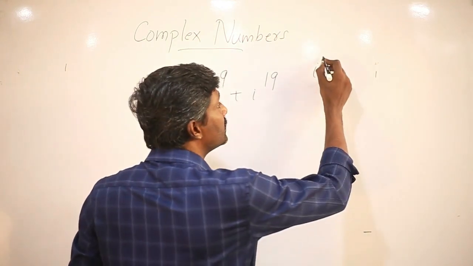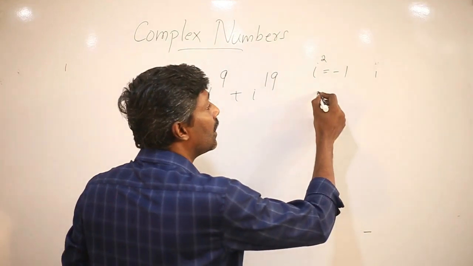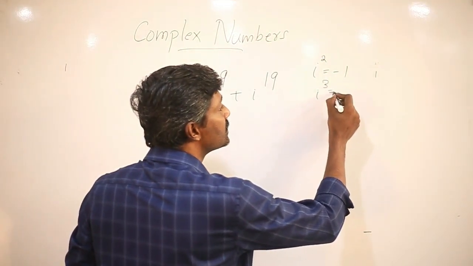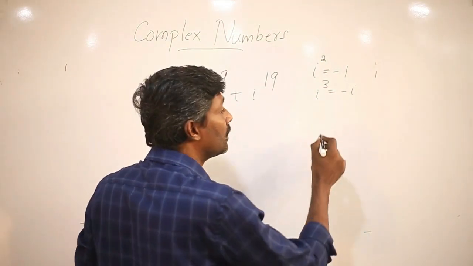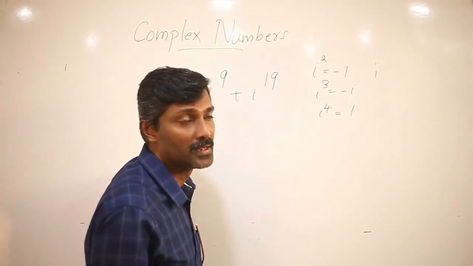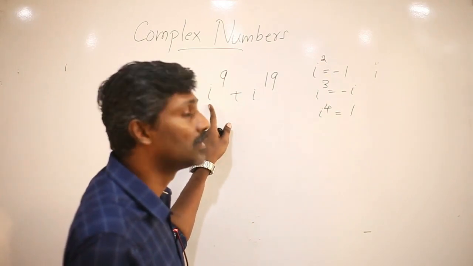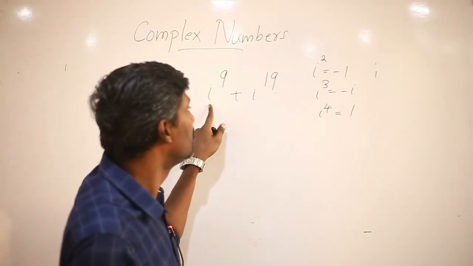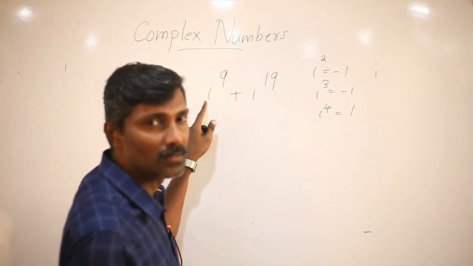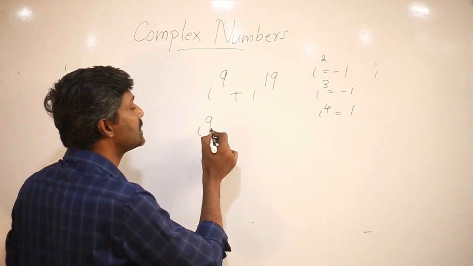i square is minus 1. Remember that? i cube is minus i. i raised to 4 is 1. Okay, so using these three values we can find any powers of i. Now, how do you find the value of i raised to 9? I raised to 9, I would write it as